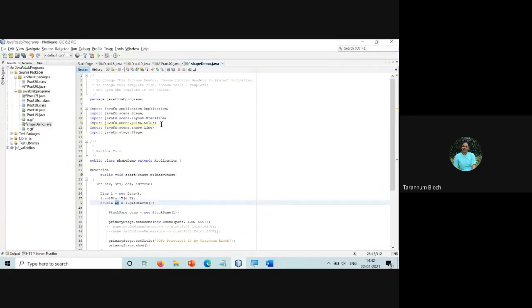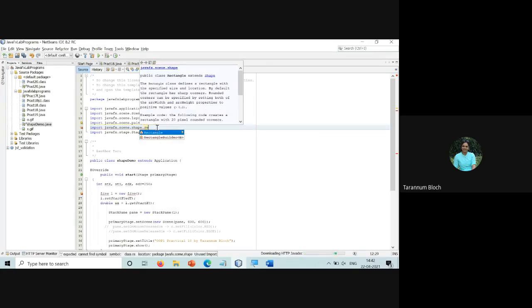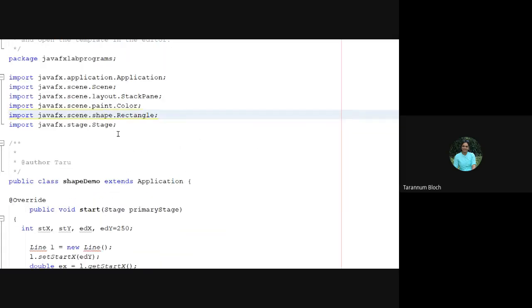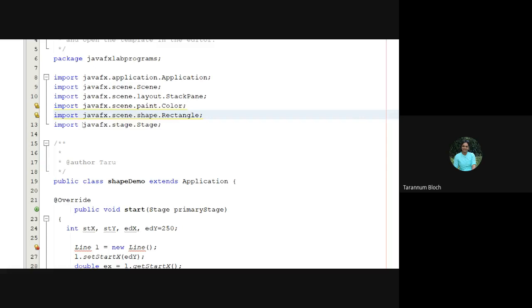Now let us take here, instead of line, we will go with dot rectangle. Fine.